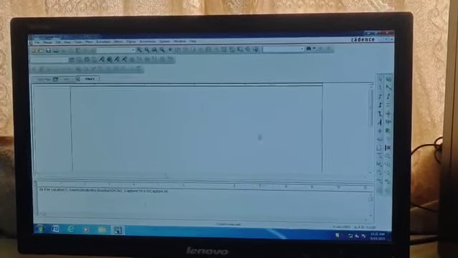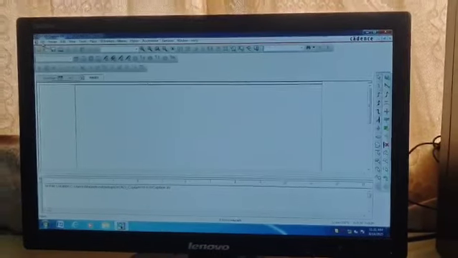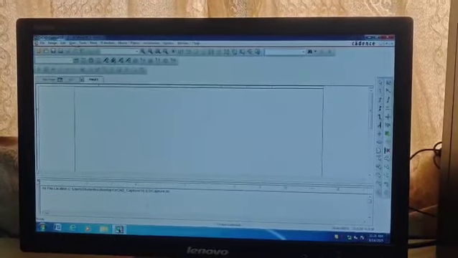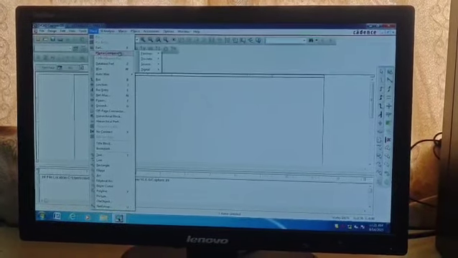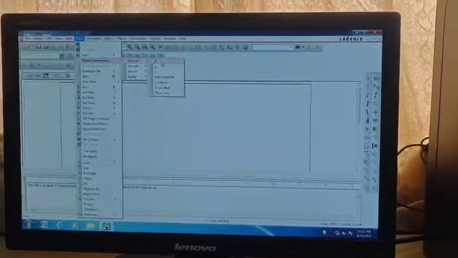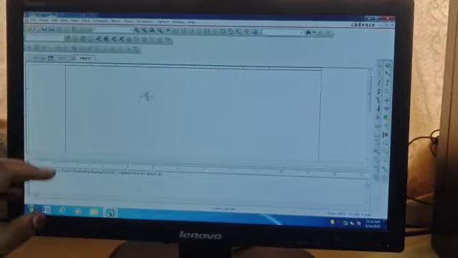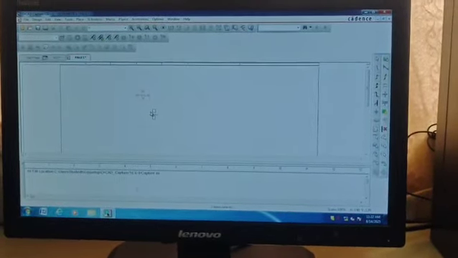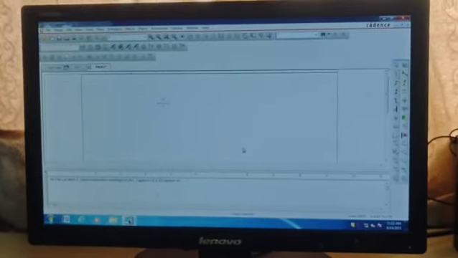So now the window will get opened. This is the space where you are going to draw your circuit. For Kirchhoff's current law, we have to draw a circuit. For that, I am going to place, piece-wise components, passive component, resistor. If you click that, I will have a resistor. You drag it and click, it will get pasted. To come out of this mode, you press the escape key.